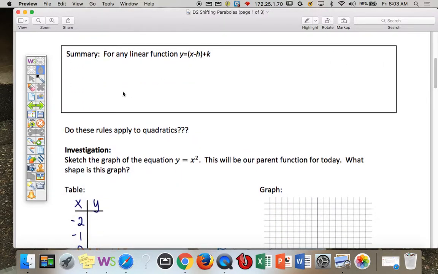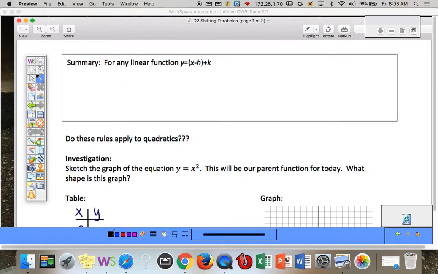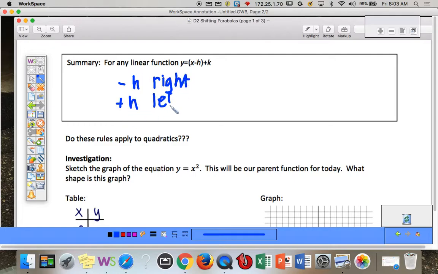So the rule that we looked at yesterday for any linear function, so straight lines, where we have y equals x minus h plus k. If it's inside the parentheses, if it's the h value, minus h was right h units, plus h was left h units,